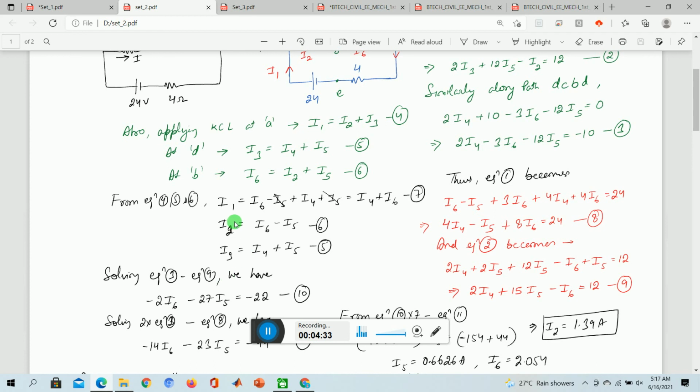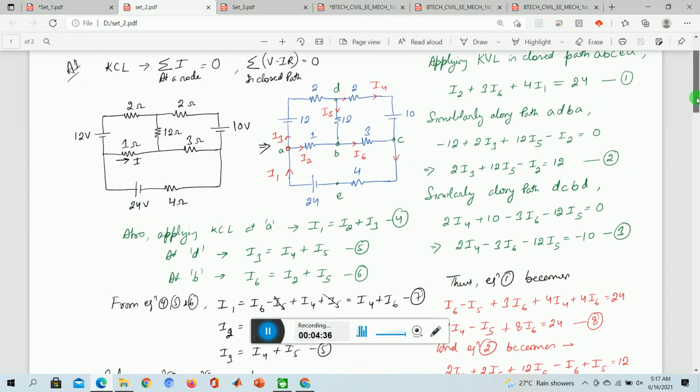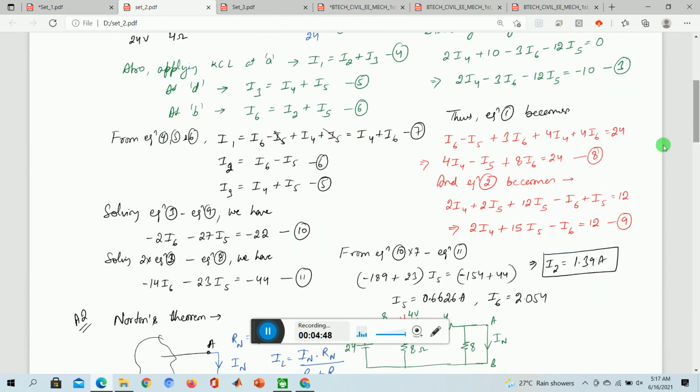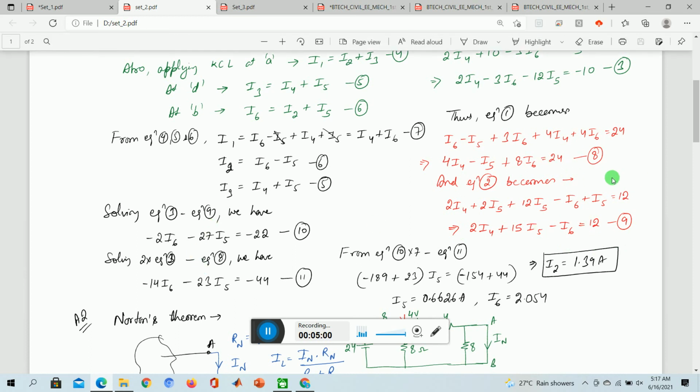So using this process, in equations 1, 2 and 3, wherever we get I1 and I2, we replace it. I3 here you don't need to replace. And after replacing, we get all in terms of I4, I5, I6. Then solving any two of them, like equation 3 and this one, we can also eliminate one of the terms. That we eliminate is I4. Then I6 and I5 are there.